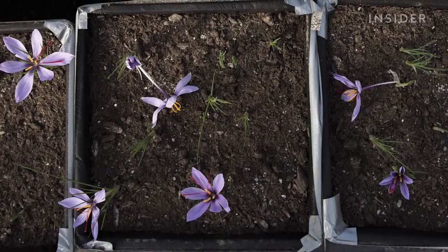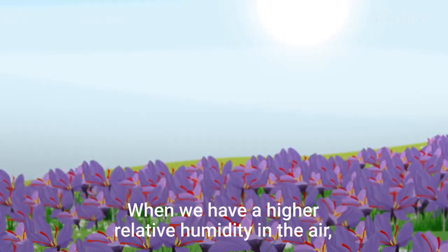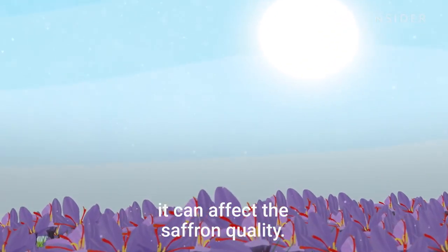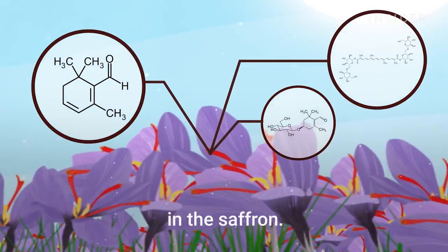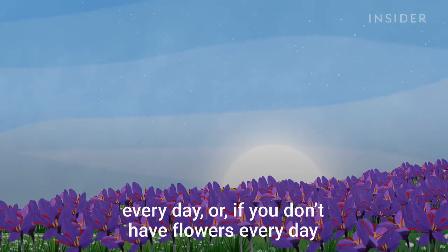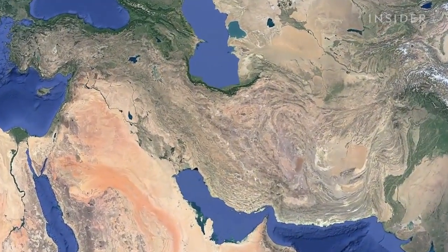The purple flowers bloom over a 6-week period, from late September to early December. There's also a specific time of day to harvest them. When we have high relative humidity in the air, it can affect the saffron quality. Also, sunlight can break the chemical structure in the saffron. So we prefer to harvest the saffron early morning every day, or if you don't have flowers every day, every 2 days. 90% of the world's saffron is grown in arid fields in Iran, but harvesting all of that saffron